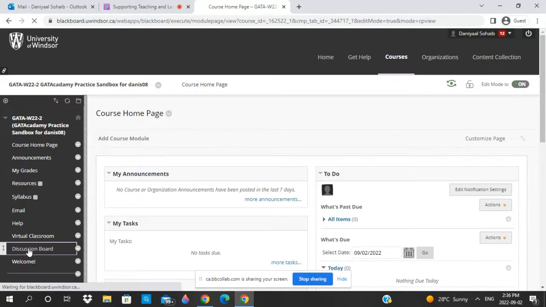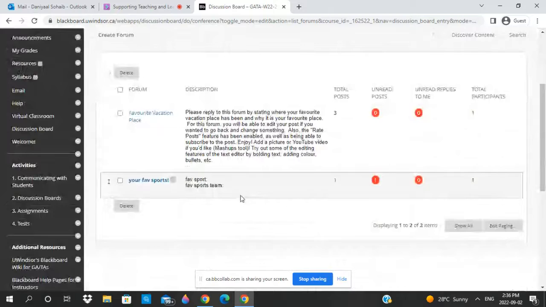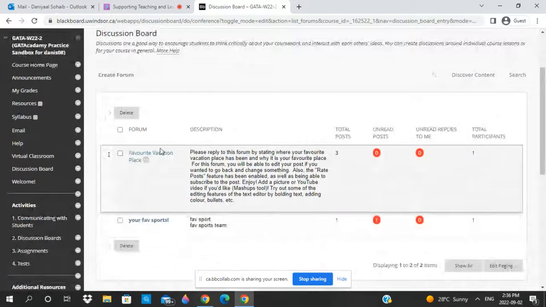So I will click on the discussion board tool. This is how the main page looks. You can have multiple forums running in the class, which can be about different topics. You can see the description of the forum, how many posts are in there, and how many people are participating. Once you click on the forum's name,